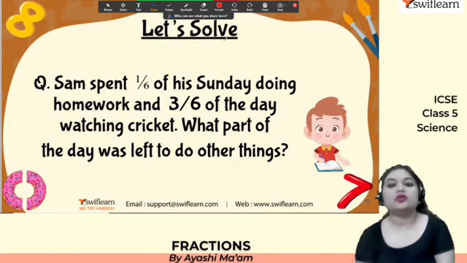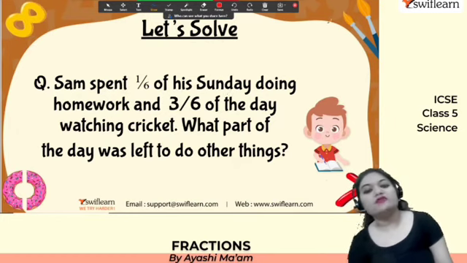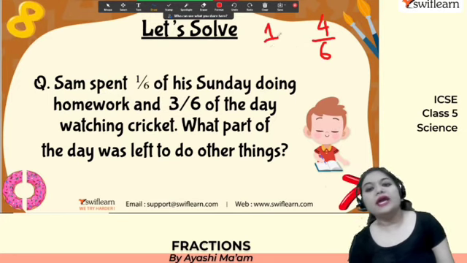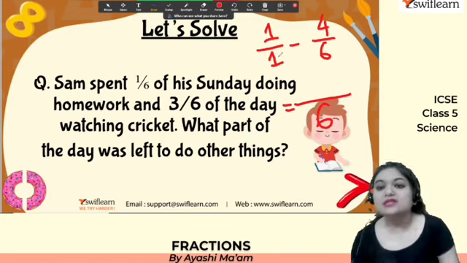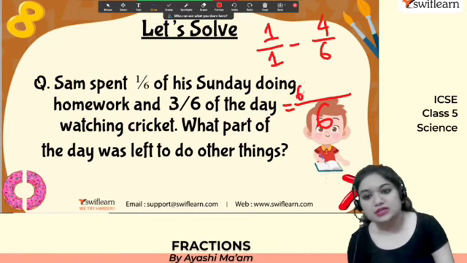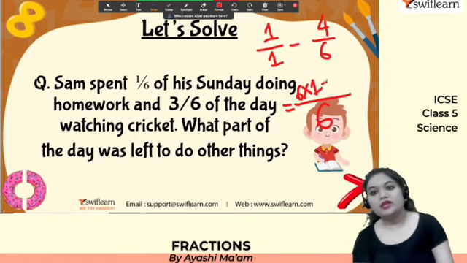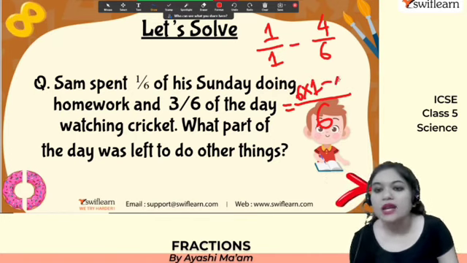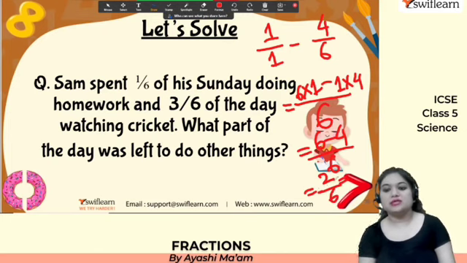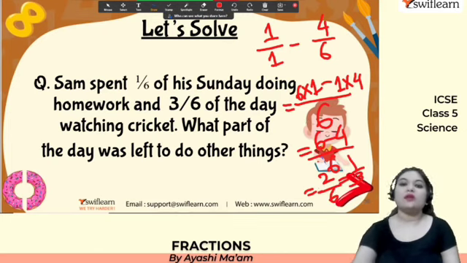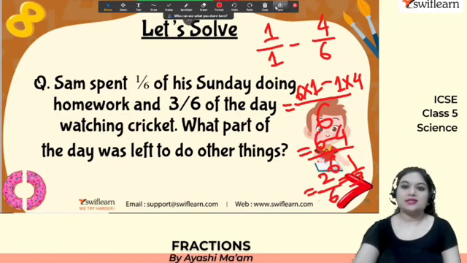Alright. Understood. Let me do it once again. So what is the part of the day? He has already used up 4/6. Right. And the whole day is nothing but 1, 1/1, minus 4 by 6. That's what we need to do. LCM is going to be 6. 6 divided by 1 is going to give you a 6. So 6 into 1 by the numerator, minus 6 into 6 is 1, and then 1 into 4. So you will get the answer as 6 minus 4 by 6. That means nothing but 2 by 6. So 2 by 6 means what? 1 by 3. This will be the answer.